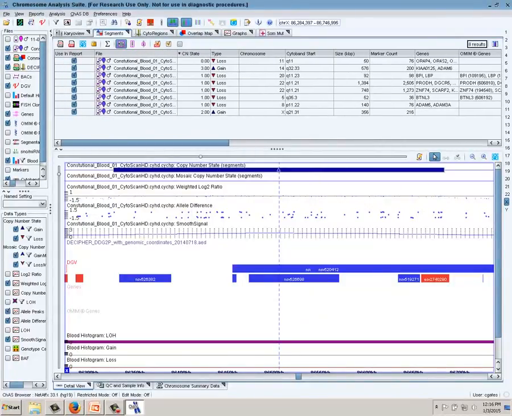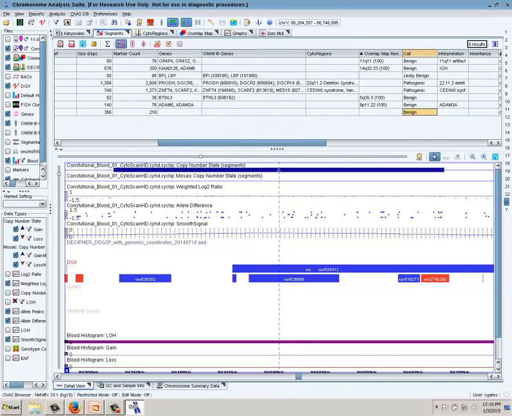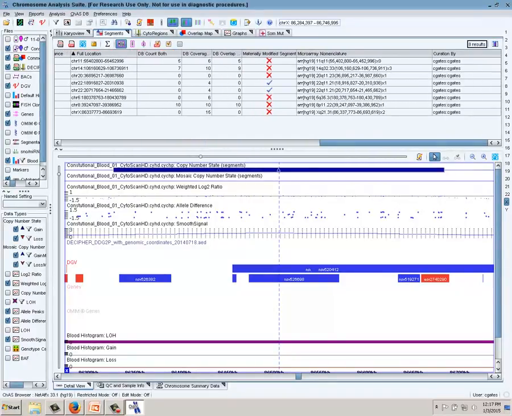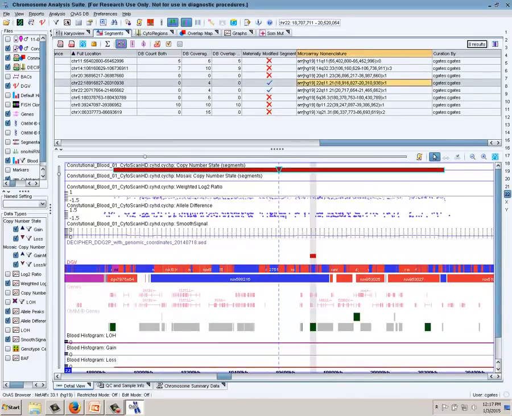All right, we have analyzed all the copy number segments in our particular sample, and in this particular case, due to what the phenotype is that was given to us, we are going to go ahead and annotate this particular sample as the 22q11.2 deletion. So what I can do is come here to this particular array nomenclature and do Control C. I'm going to copy that